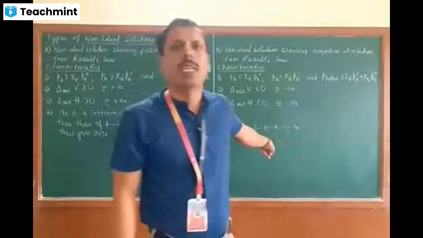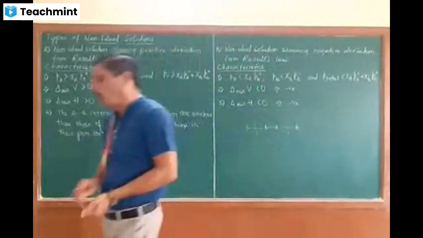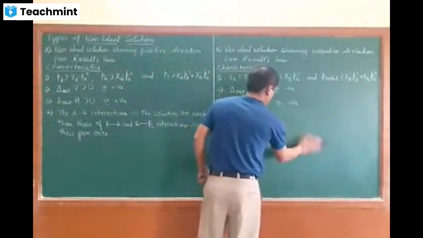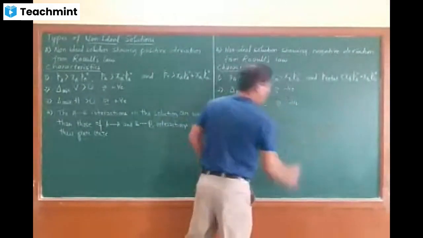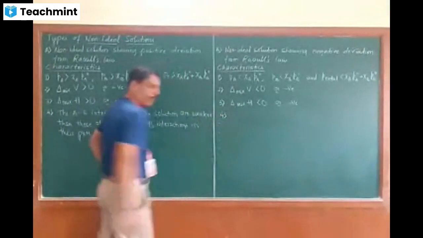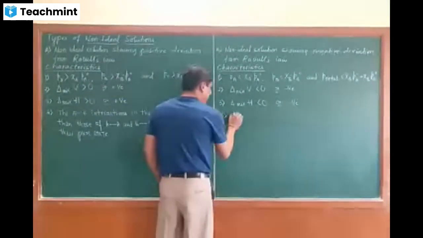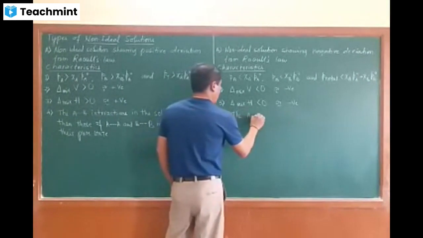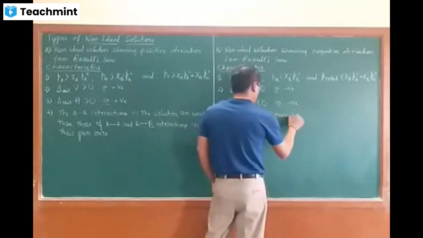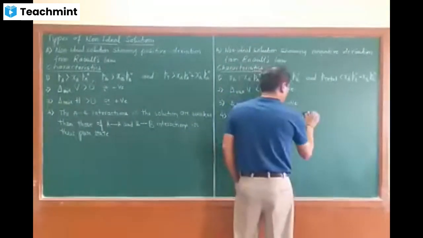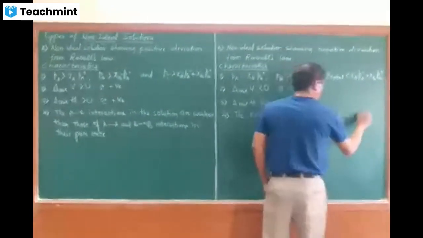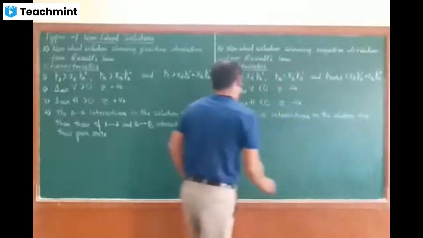Delta mix H is less than 0, or negative: an exothermic process. Now, the last point. See here, in terms of interactions, the AB interactions in the solution are stronger